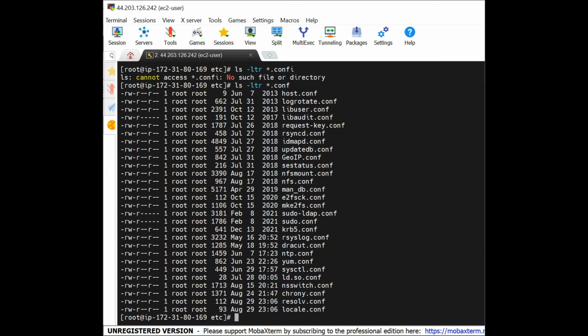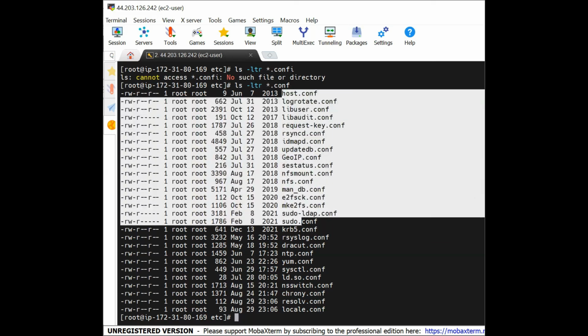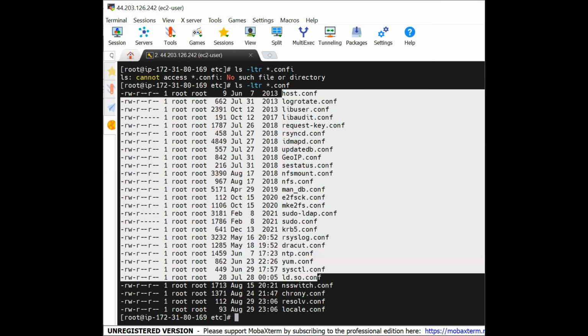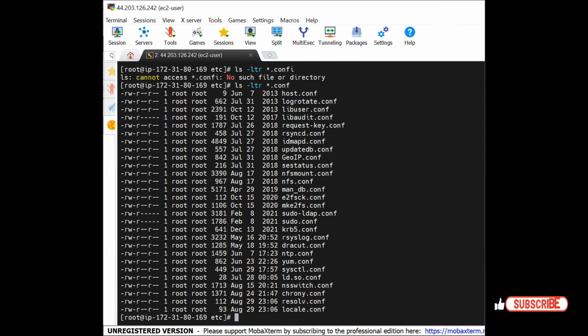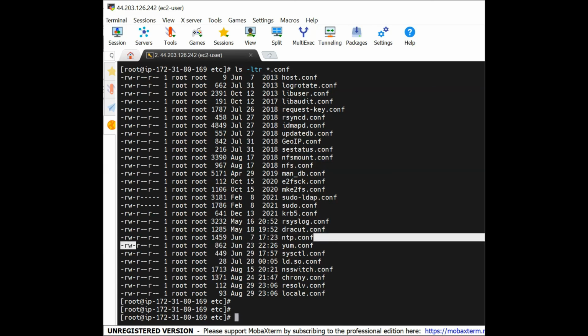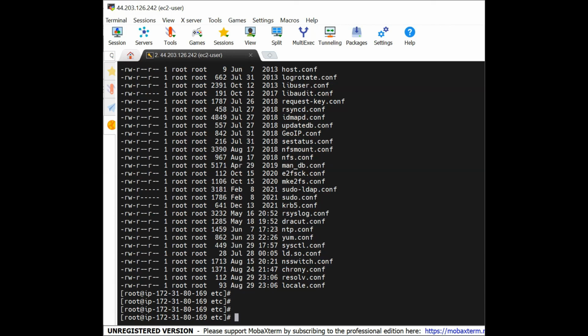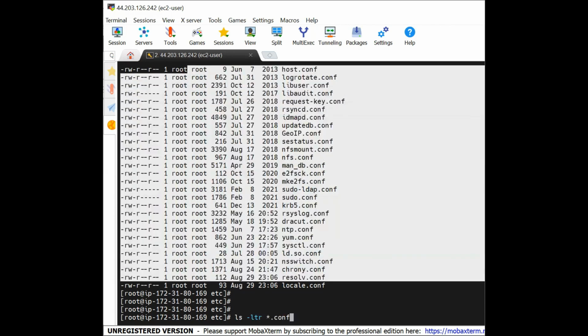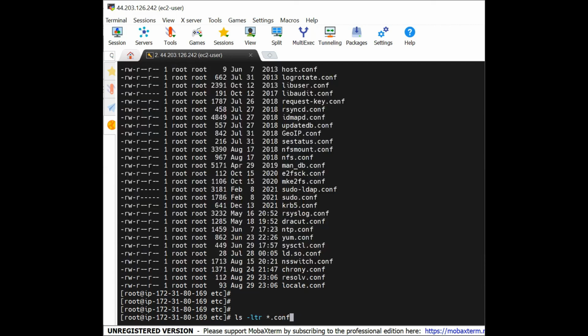So if you want, you can manually search, but that's not efficient. You just want to get the file right away. If we manually search, do we see NTP? What are we looking for? The configuration file for NTP. Anything like that? Okay. Yes. Did you see it? But if you were not observant, if we take out the conf, it's going to give us the NTP at the bottom. So let's say this is a list of 100 and you can't keep looking manually, which is not efficient anyway. I'm just doing this to show you that specifically for NTP, you are going to say, give me the list